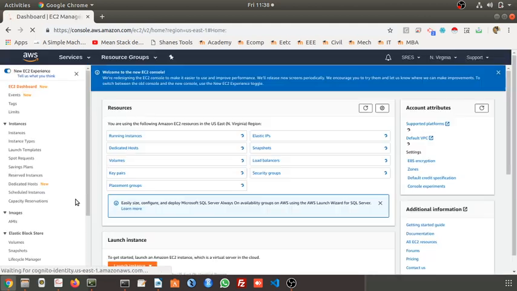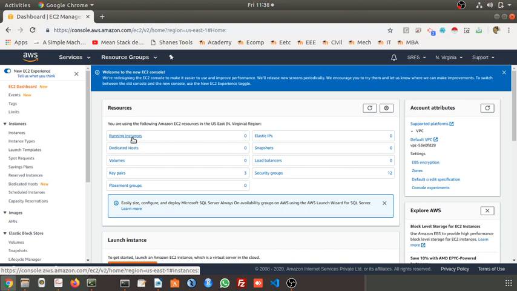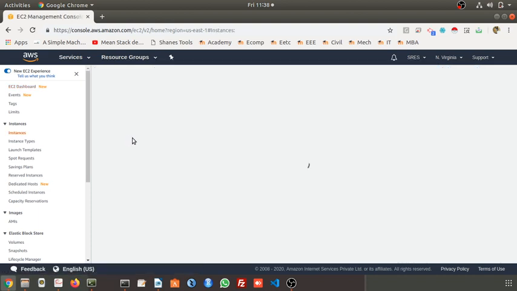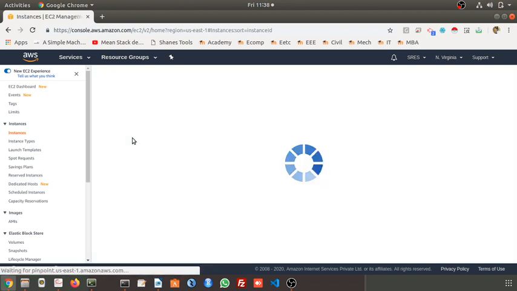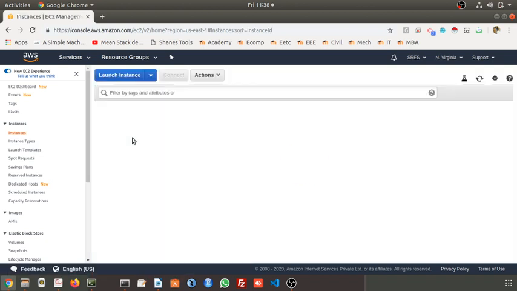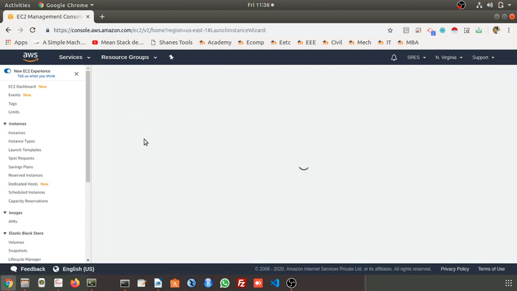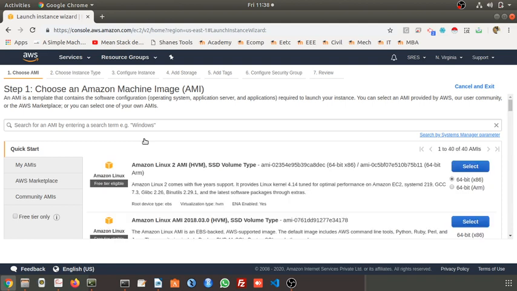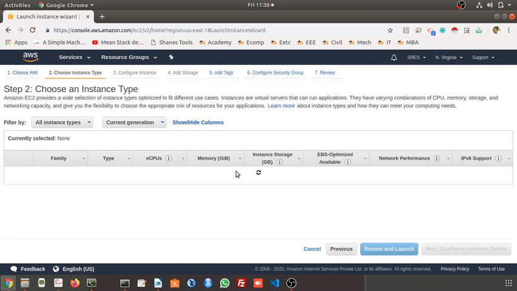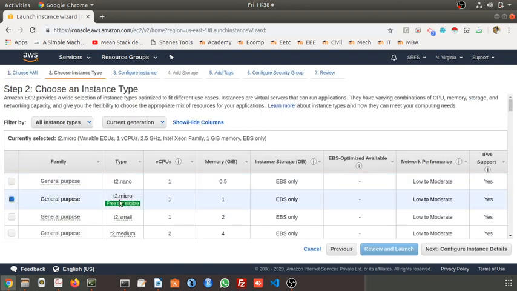Now it is important, this is a little different from the previous session. Go to this running instance. Launch instance. I will choose this image, that is the default Amazon Linux image. Select. I'll select this free type.